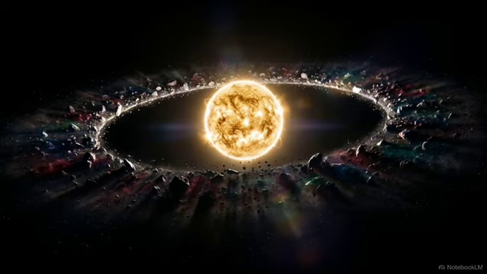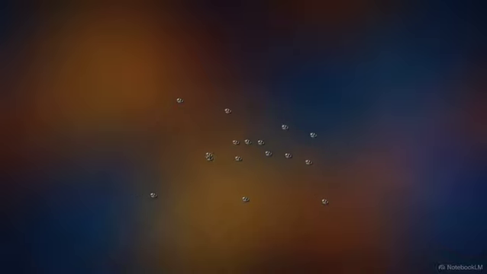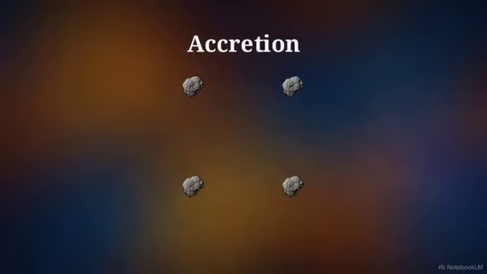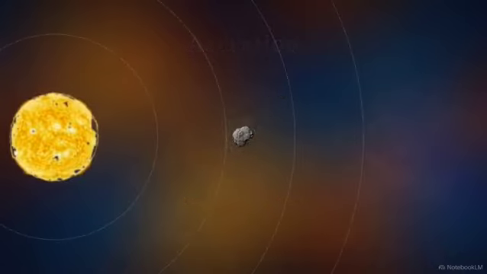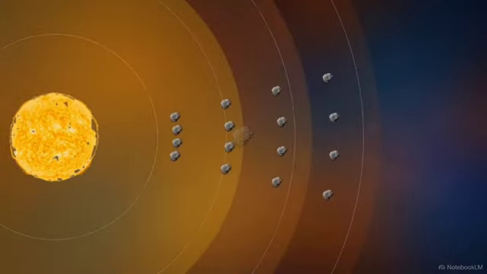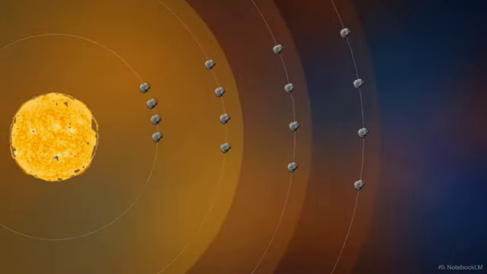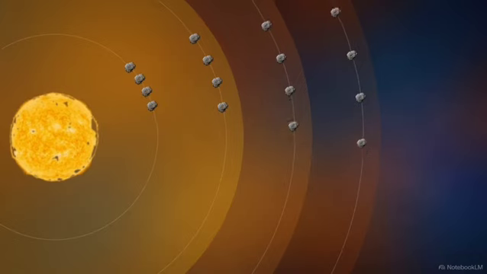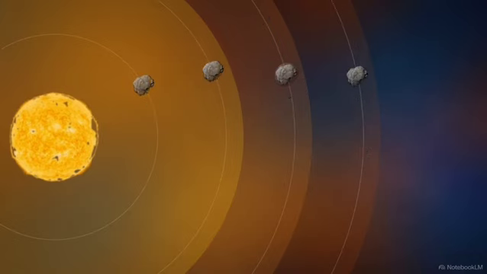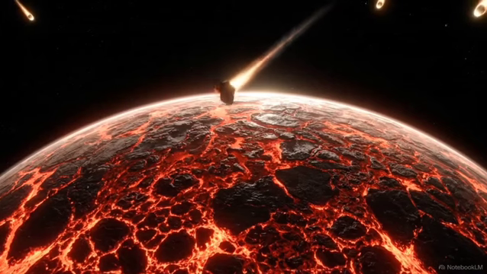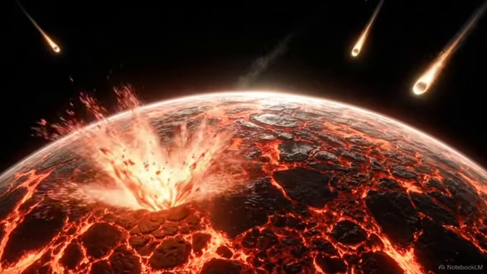The dense material at the center ignited to form our young sun. In the rotating disk of debris left behind, particles constantly collided. Dust stuck to dust, forming clumps, which merged into larger planetesimals in a process called accretion. Near the young sun, temperatures were blistering. Only dense rocky material and heavy metals could survive that heat, gathering together to form the inner planets. One accumulating rocky body was Proto-Earth.